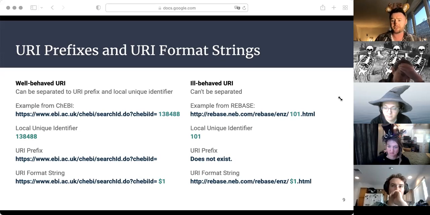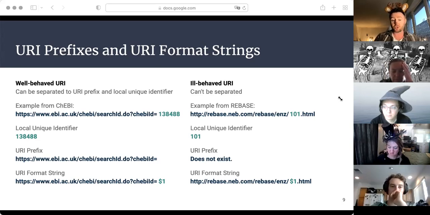This is what Wikidata uses. I think we can take a lot of inspiration from them. What they do is put a token, which is the $ followed by a 1, somewhere inside the string. And you format it like a string format, which is where the name comes from, the local unique identifier into the place where that special token is.